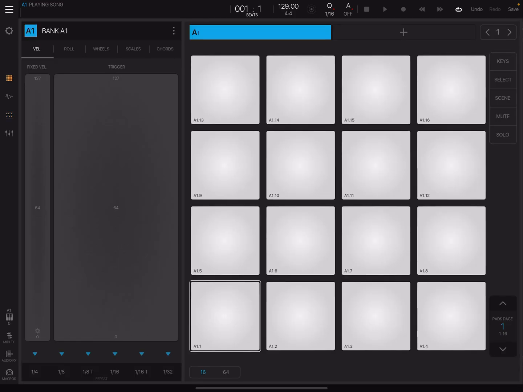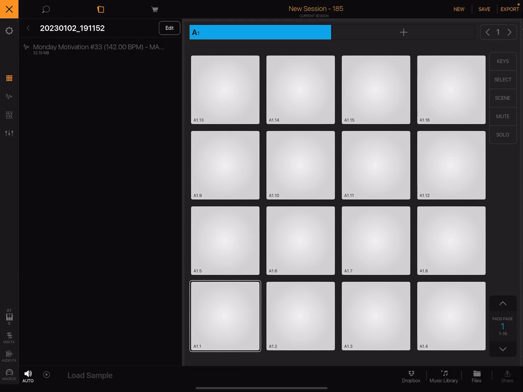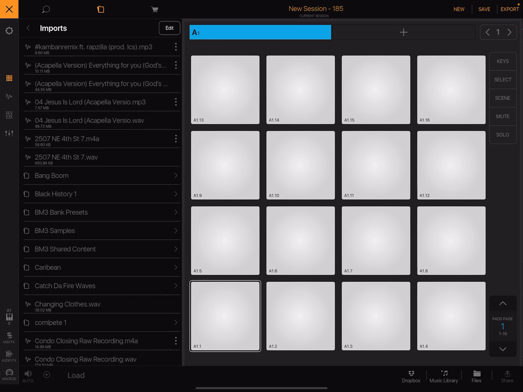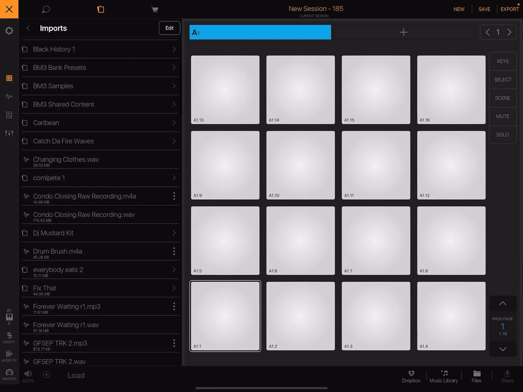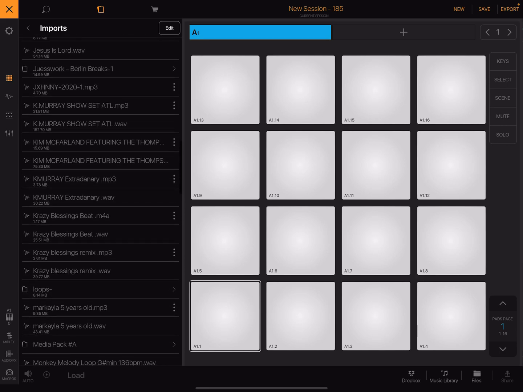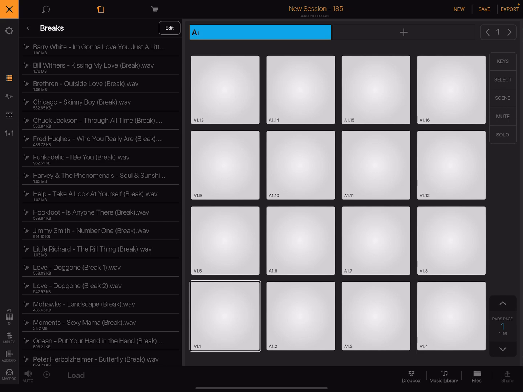All right, we're gonna load up a sound. Your guys' sounds will be in this folder here. And then yours will be in imports. All right, so you have sounds in here. I do too, so I'm just gonna pick something. I got a lot more sounds than you guys. All right, so you see I got a sample going,